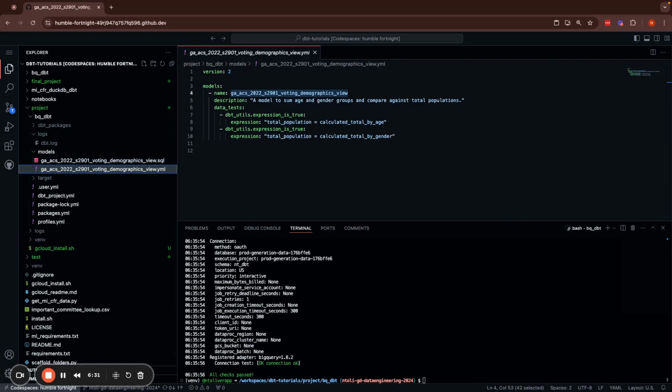I then created a YAML file to define the metadata and testing configurations for my model within the DBT project. And so to break it down a little bit more, I have my model configurations, which includes the name of that view. And that name matches exactly with my SQL file. There's also a description of what the model represents. And for this model, this description is that I'm summing the age and gender groups and comparing against the total populations. There's also the data tests, which are to be applied to the model to ensure data integrity and